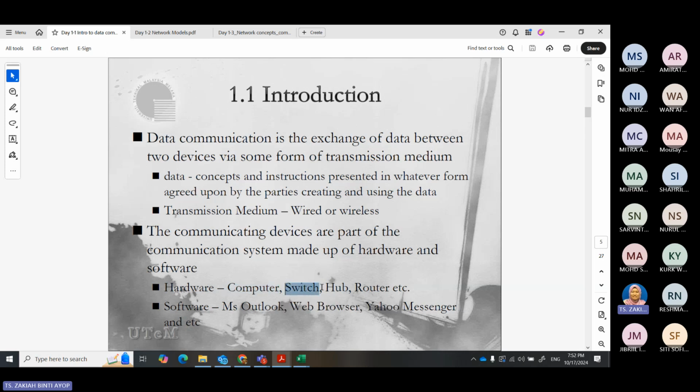Then we have the intermediary devices. From the computer, where do we want to connect to? We want to connect to the internet. Let's say it's inside a company or a university, so you need a large local area network. You need intermediary devices to connect each of the computers or other networking devices, so here we will have a switch, hub, or router.